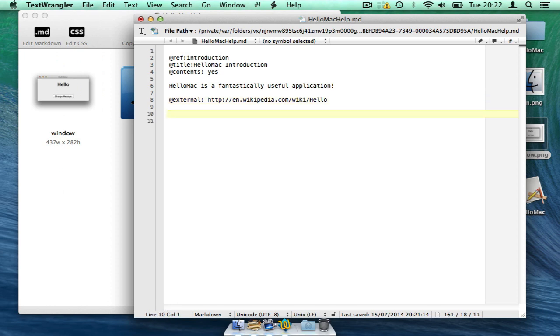Let's have a page about the main window. So we start a new page inside ParaDocs, just with ref, like this. We'll give that page a title, like so. We will have it on the contents page, please. And then